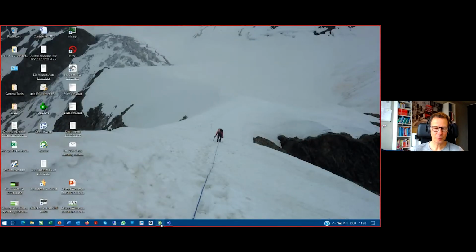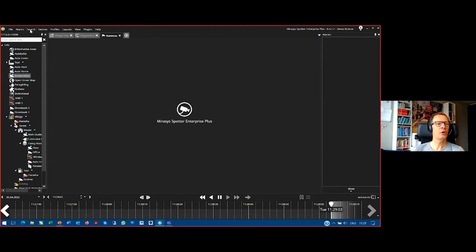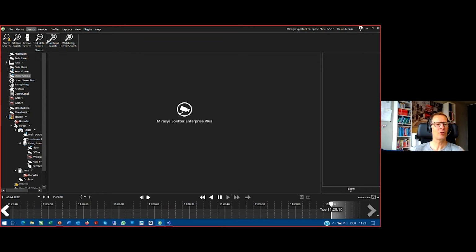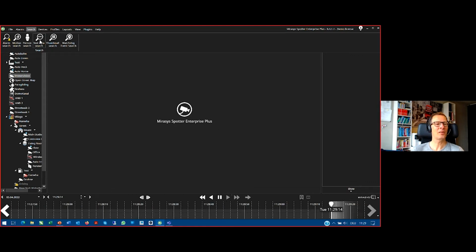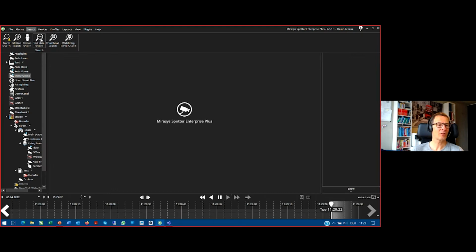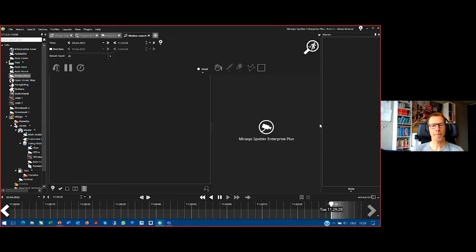So I'm opening my spotter right now. Yes, and we have here our search modes. You see here alarm search, motion search, person search, text data search, thumbnail search, and watchdog event search. So a lot of search capabilities. The text data, for example, is for searching in third-party information that is coming in via our text channels. You see also here the person search, and we are now concentrating on the motion search.